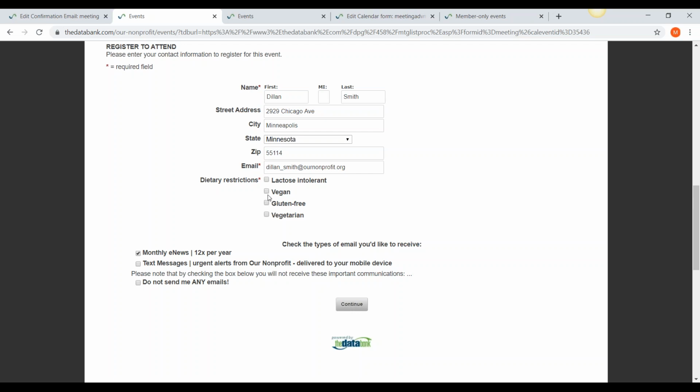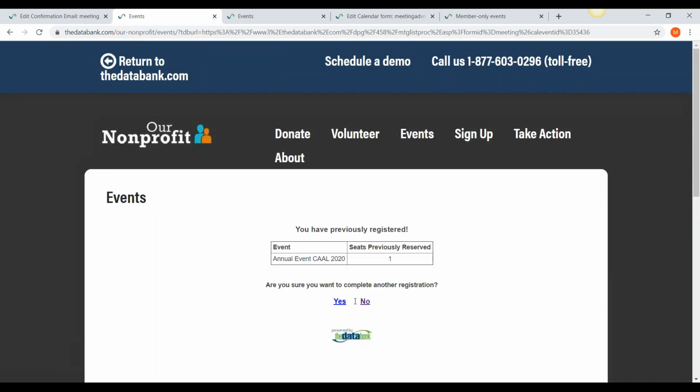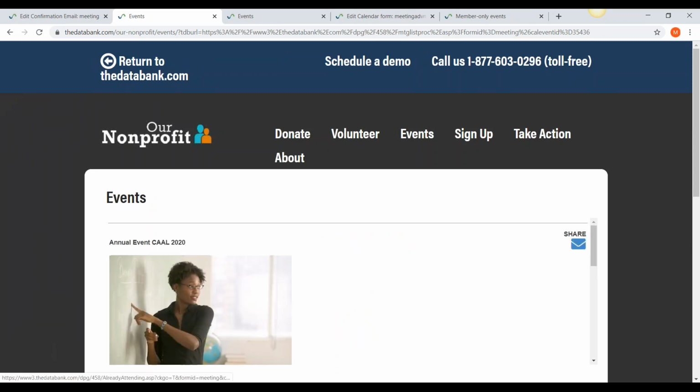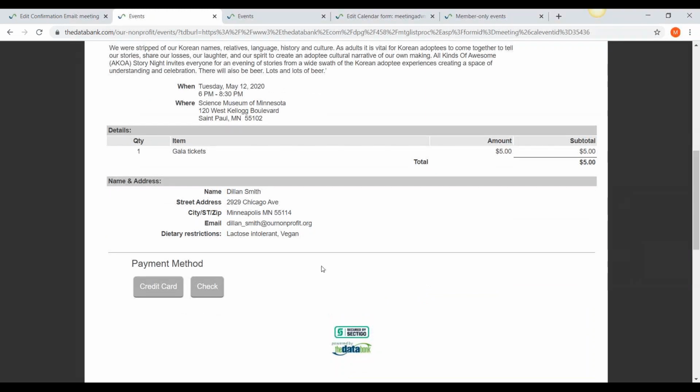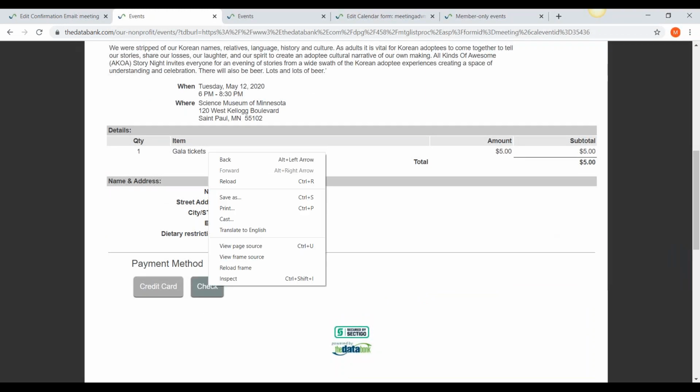But because I added this extra option within the meeting or event registration, I have to answer this question in order for my registration to actually be completed. So I'm just going to go ahead and say I'm lactose intolerant, I'm vegan, and that's it. And I am just going to go ahead and click continue and say yes, this is another registration, and it's going to ask me for my payment. I want to put just the check,